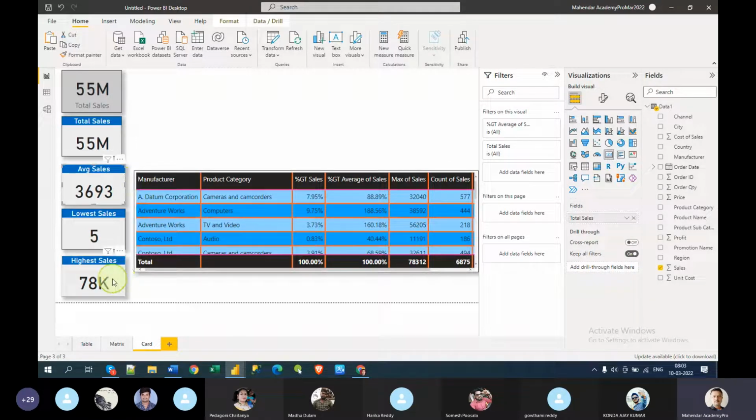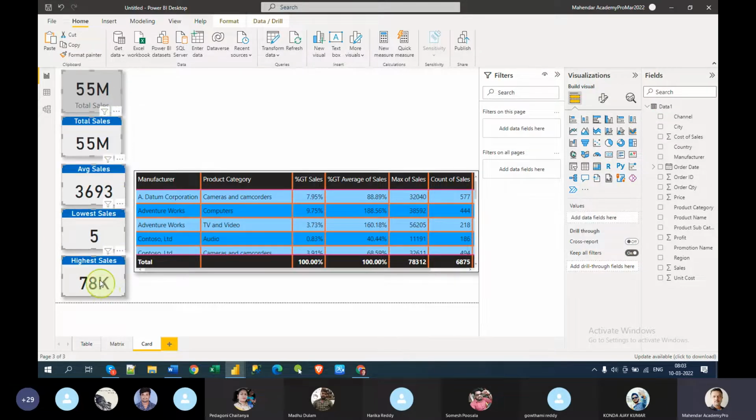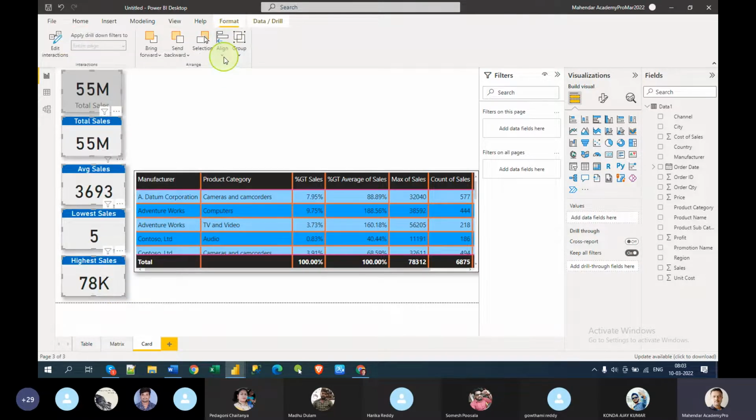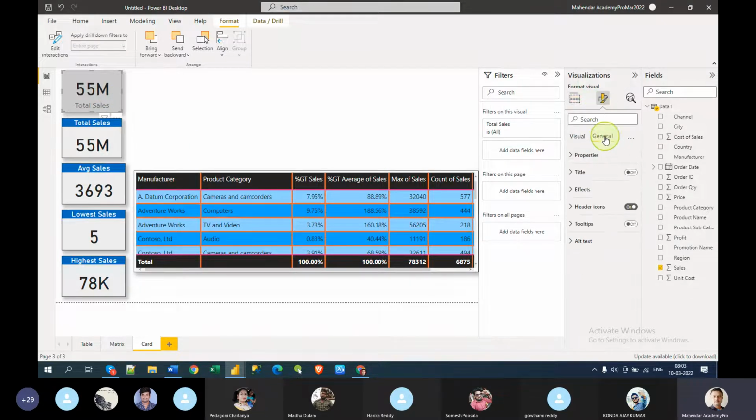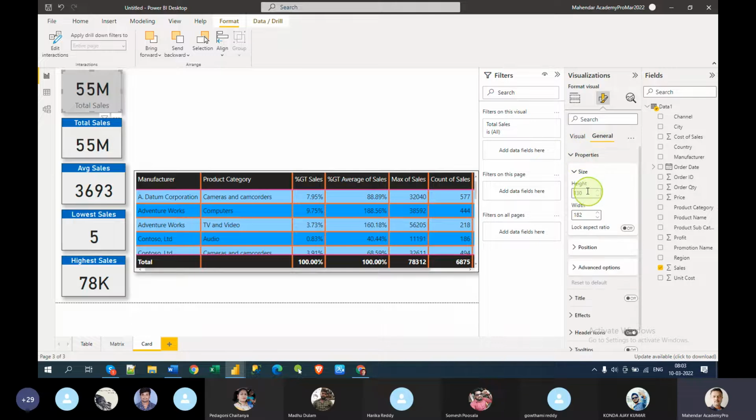I will tell you how to format and group them. Control, click, click, click. So I hold the control and select everything, then go to format and align horizontally or vertically. Now the spacing is automatically aligned. Now the most important part is the general section, where you see the properties, height and width.